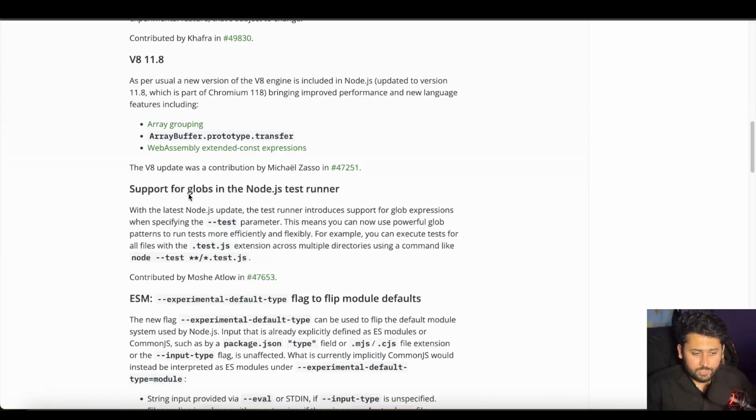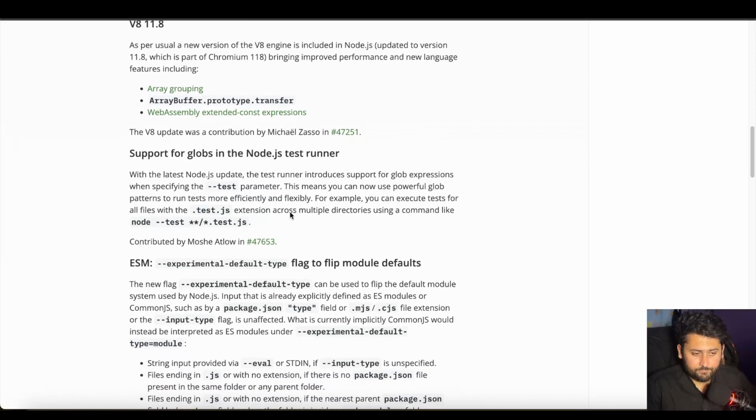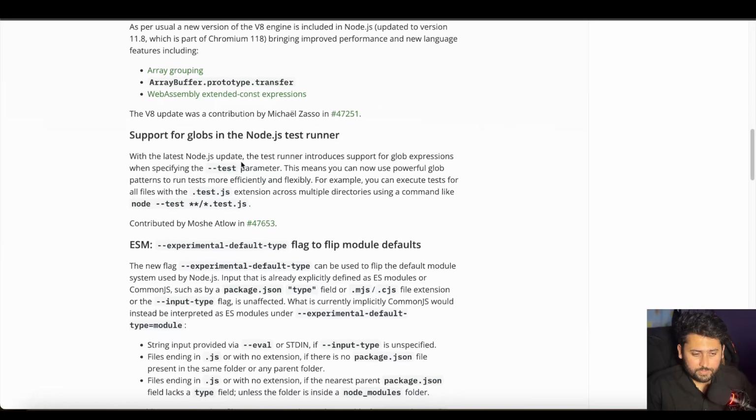And then there's support for globs in the Node.js test runner. All right, so with the latest Node.js update, the test runner introduces support for glob expressions when specifying the test parameter. This means you can now use the most used powerful glob patterns to run tests more efficiently and flexibly. For example, you can execute tests for all files with the test.js extension across multiple directories using a command like